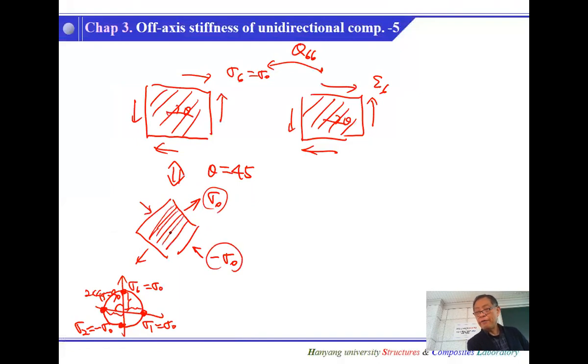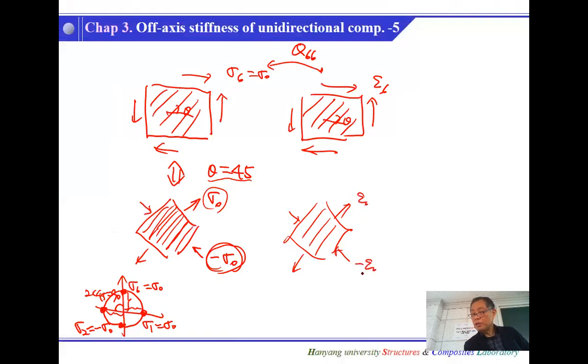This tension at 45 is very strongly supported by the fiber. So that's why you get the maximum at 45 degrees. Okay, this is the answer you need to reach. So strain is also epsilon 0 and minus epsilon 0. And that's why Q66 reaches